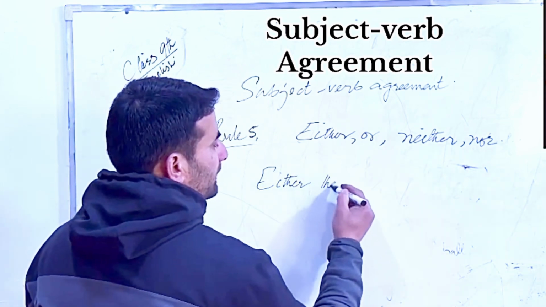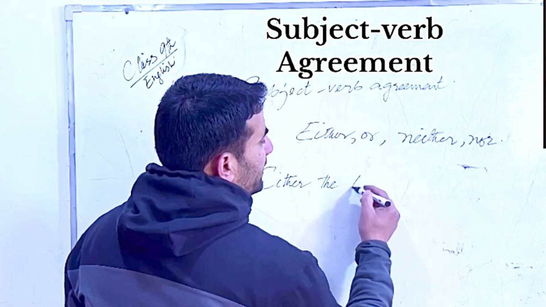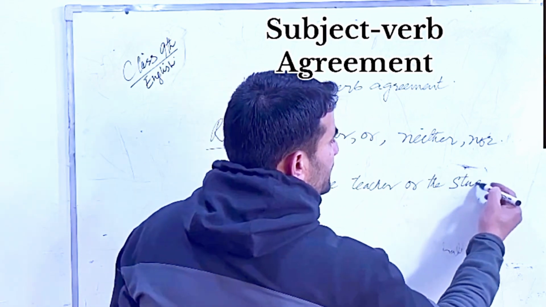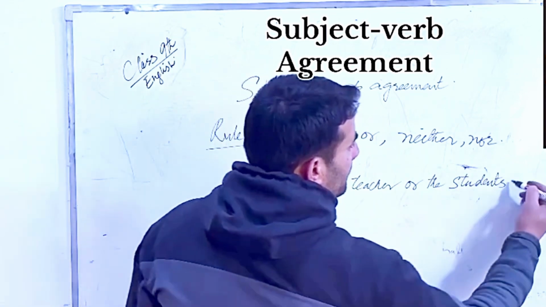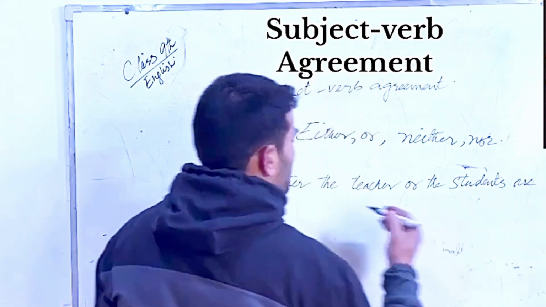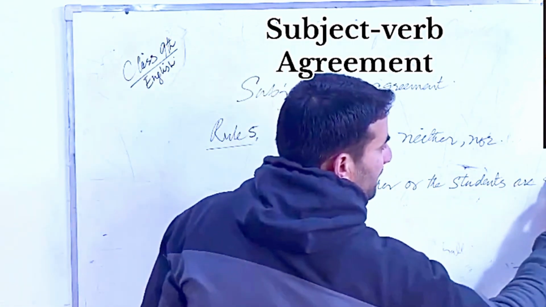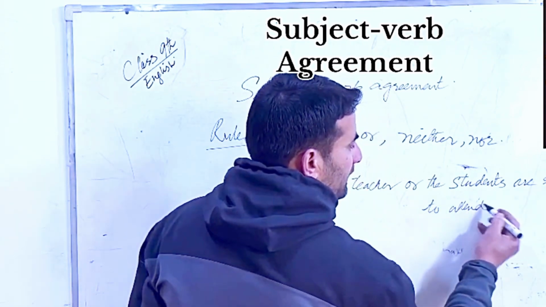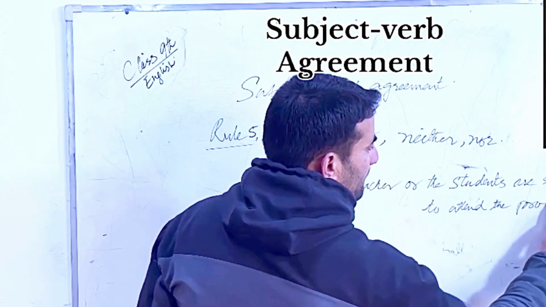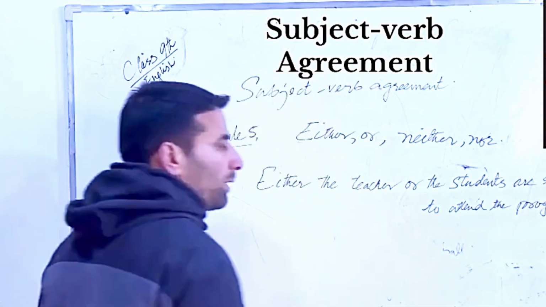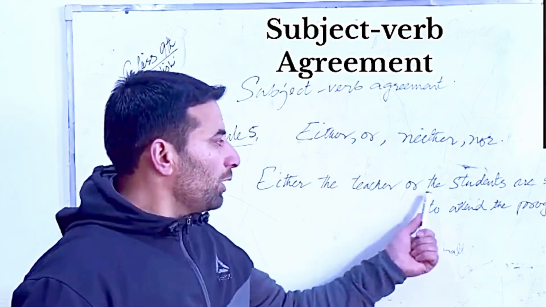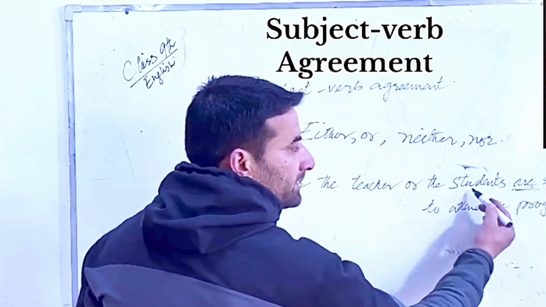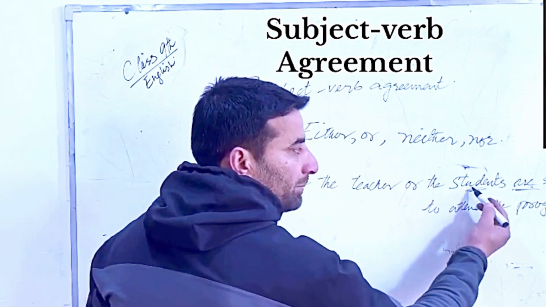Either the teacher or the students are supposed to attend the program. So we have got a sentence here. Either the teacher or the students are supposed. Here I have used the helping verb are, because the nearest noun or the pronoun is students and